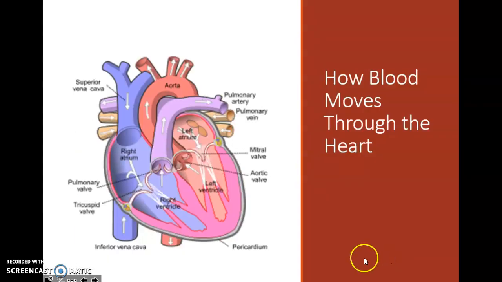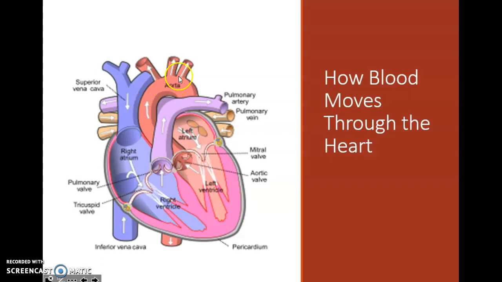Okay, so just a quick review of that. Oxygen poor blood comes through the superior and inferior vena cavas to the right atrium, goes through a valve to the right ventricle, this muscular right ventricle, which pumps it out through the pulmonary artery to the lungs, where it drops off its CO2, picks up its oxygen, comes back through the pulmonary vein to the left atrium, goes through a valve to the left ventricle, and then it is pumped through a valve to the aorta, where